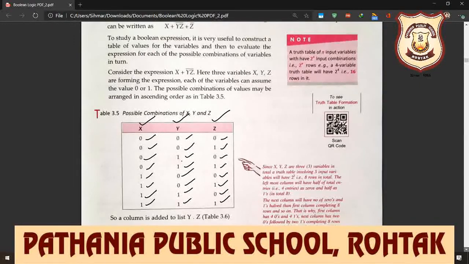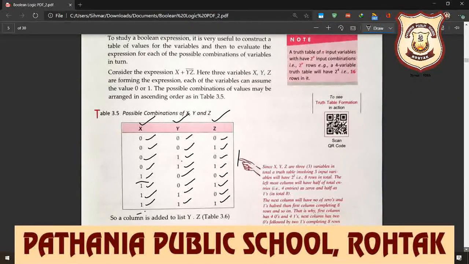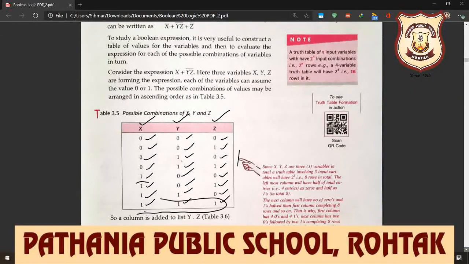In the next condition, 1 means true value, so x agrees here but y and z do not agree. In the next condition, x agrees, y does not agree, but z again agrees. In the last second condition, x and y both agree but z does not agree. And in the last condition, all agree, so everyone write down 1, 1, 1 here.